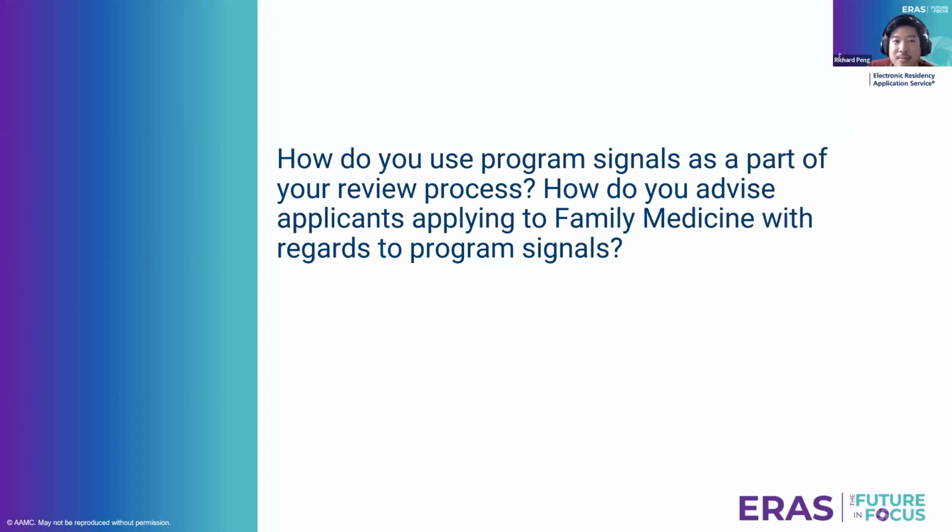Yeah, we could do an entire hour just on program signals. So I'll try to be brief. And the short answer to this question is programs are going to use signals very differently. Some programs get 3 signals and some programs get 400 signals. So for very strong applicants, I recommend truly using your preferences for your 5 signals. But the fact that there's only 5 means that we fully expect to offer interviews to a lot of people who don't signal us.